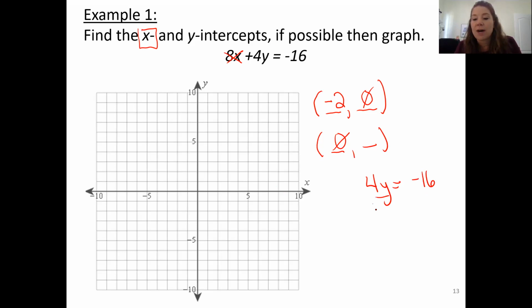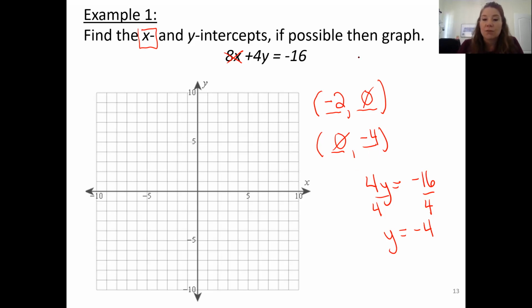So now to solve for y, I'm going to divide both sides by 4. And y is equal to negative 4. Y is equal to negative 4 only when x is equal to 0. So those are my two ordered pairs. Those are the only two ordered pairs I have to graph, and then I can connect them and draw my